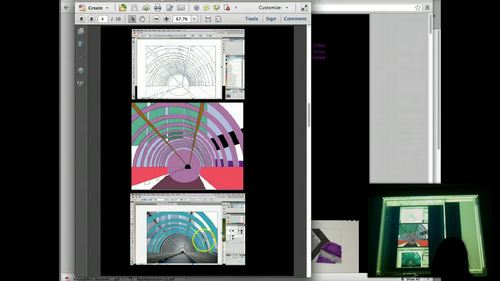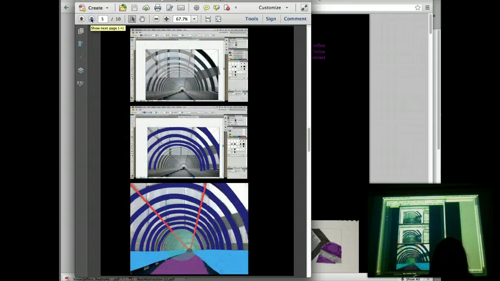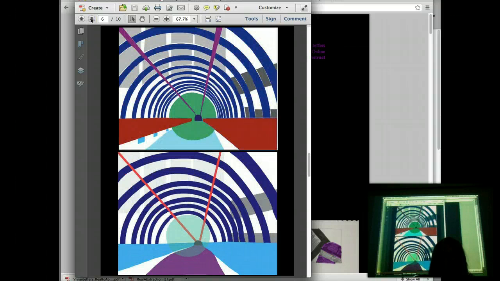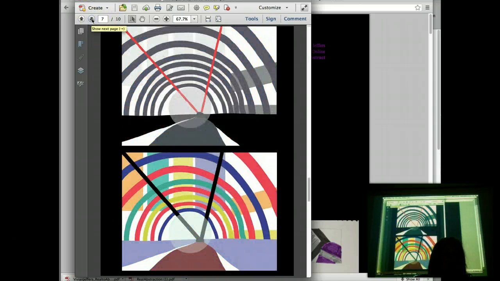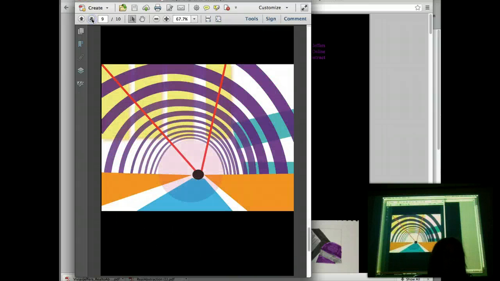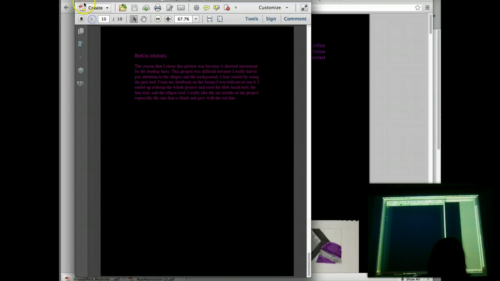See right here? Don't trace it. It doesn't need to be perfect. It's the essence of the lines that you're looking to create. And you can see that when you pull the ad away and you start to play with the differentiation of colors and shades and shapes, you create amazing abstractions. And they kind of morph into a life of their own.